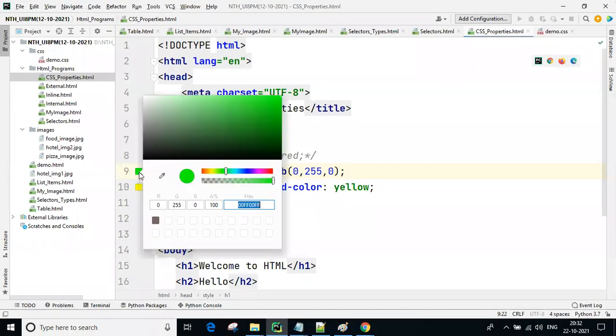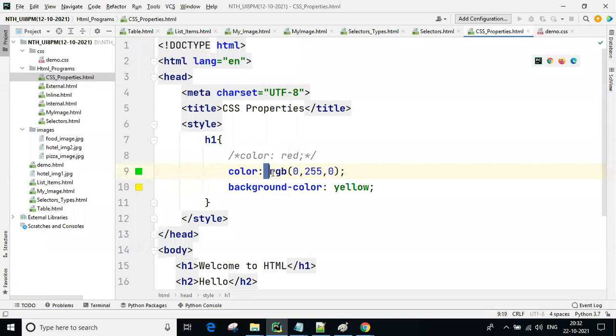This is also a color picker, guys. Black color is 0% here, and here 100% is the full color. This green color is the full color. So you can click anywhere, guys, wherever you want, and you are going to get different color shadings. Like that, you can use color values using the RGB standard also. Is it clear? All of you, let me know confirmation.